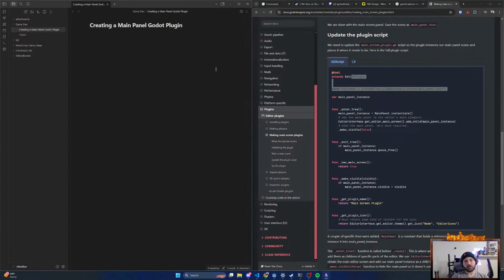So we still basically need to create an add-on, add a plugin.cfg, configure plugin, create main scene, must be control node as root. That's important. In the primary script, we set up an enter tree and